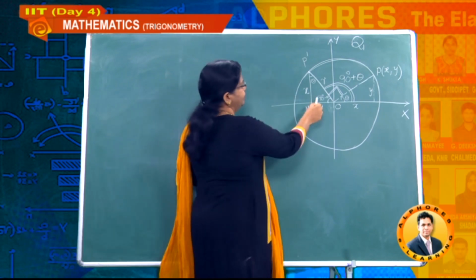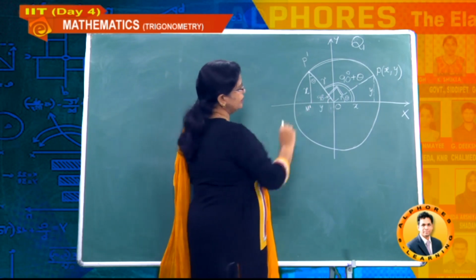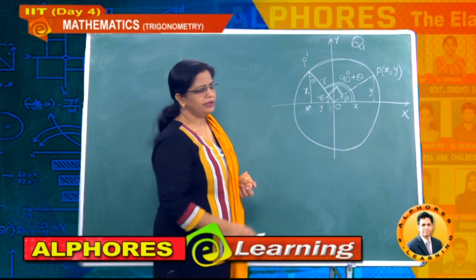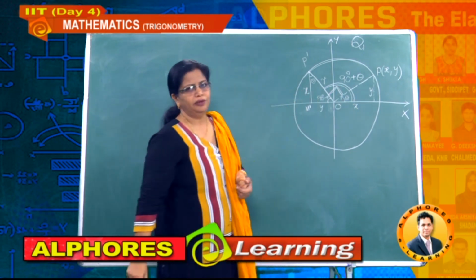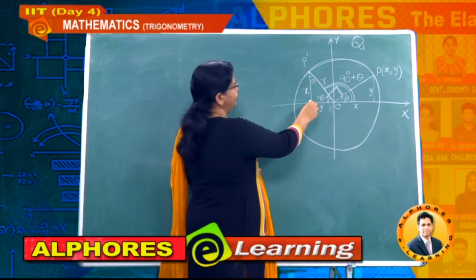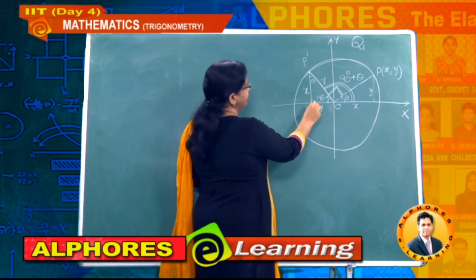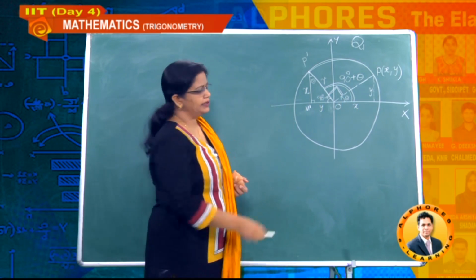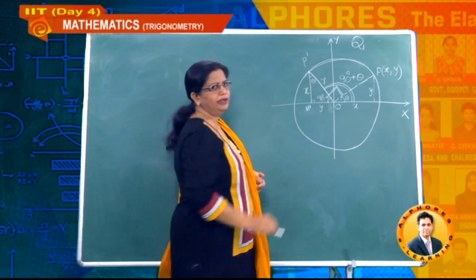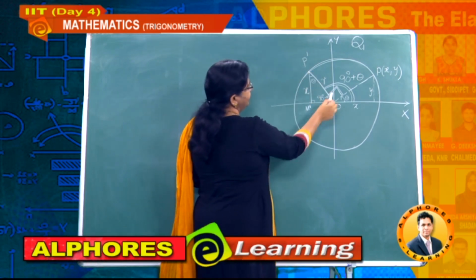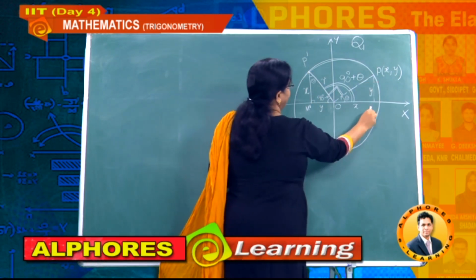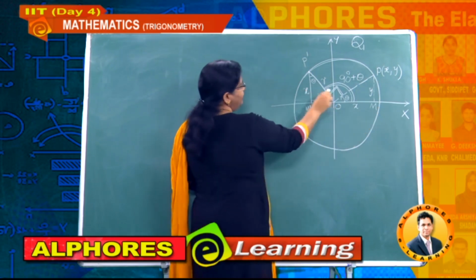180 degrees. Therefore this leftover angle is how much now? 90 minus theta. Hence the total angle you got here is how much? 180 degrees, right? Now this is 90 minus theta and it is here 90 degrees. Therefore what is the angle here? Theta. Now if you observe this right angle triangle and the OPM right angle triangle, suppose you observe these two